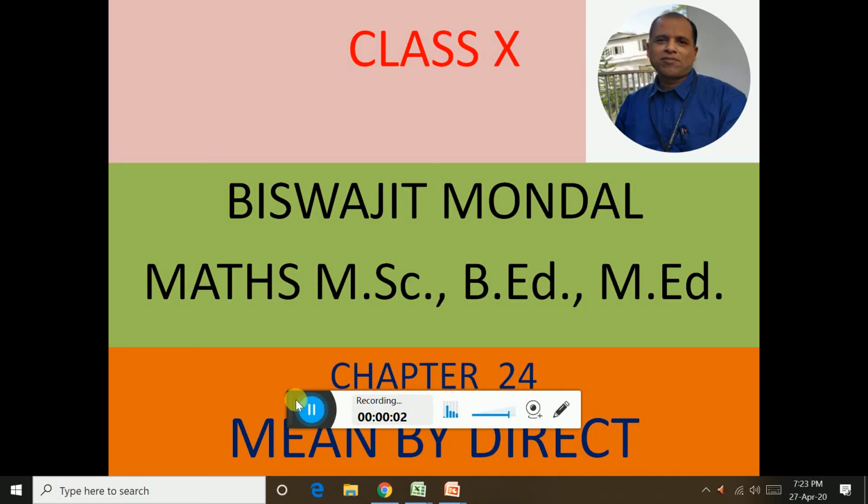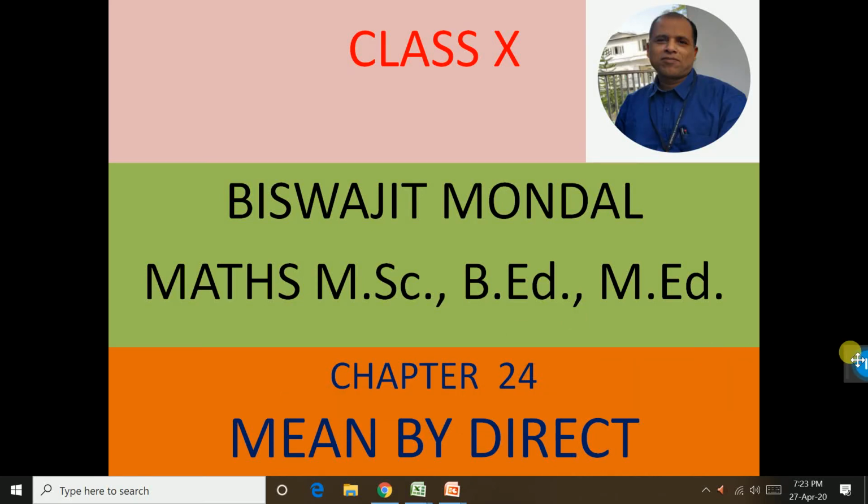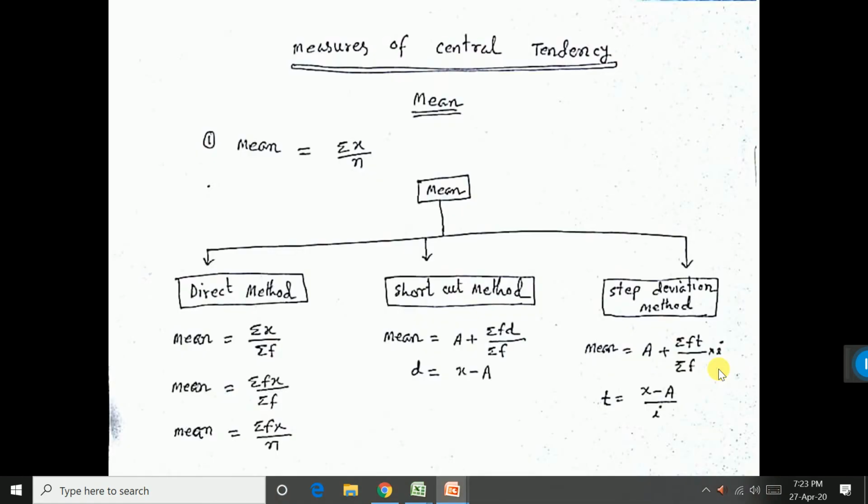Dear students of class 10, now I'll show you how to find mean by direct method. For this, these are the formula measures of central tendency. Mean is equal to summation x by n. This way you have